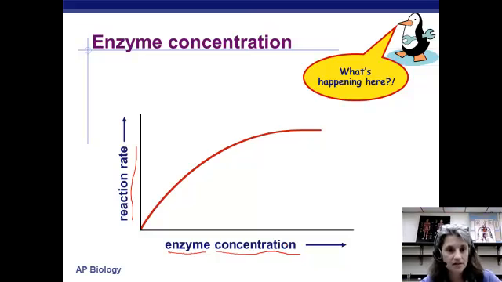So if you think of this as a little experiment, let's say we are going to manipulate how much enzyme we put in with the substrate we want to cause to react, and what we're going to measure is how